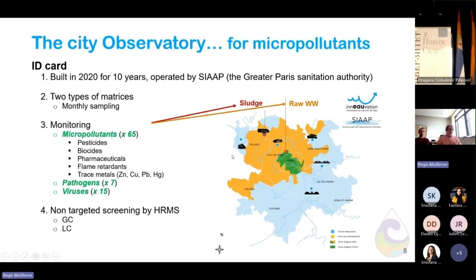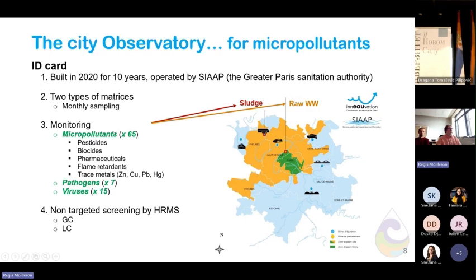Such a city observatory has been launched in Paris in 2020. And this observatory will last for 10 years. And it is operated by SIAAP, which is the Greater Paris Sanitation Authority. In the case of this observatory, we are monitoring two types of matrices on a monthly sampling basis: sludge and